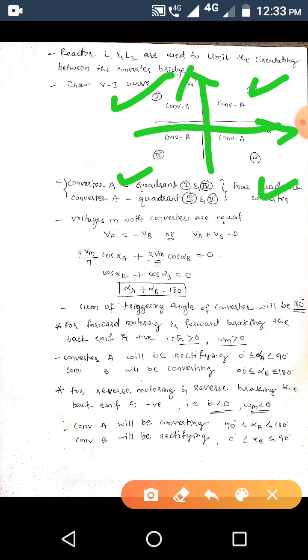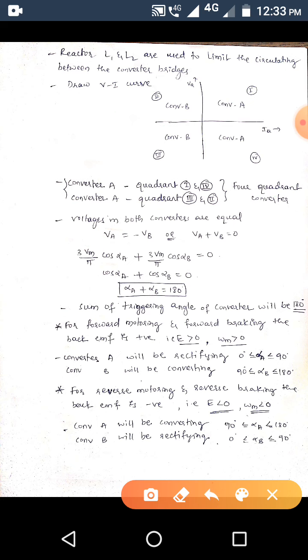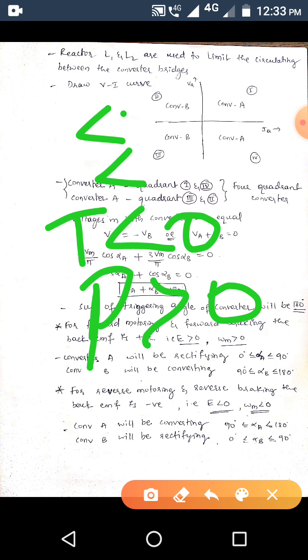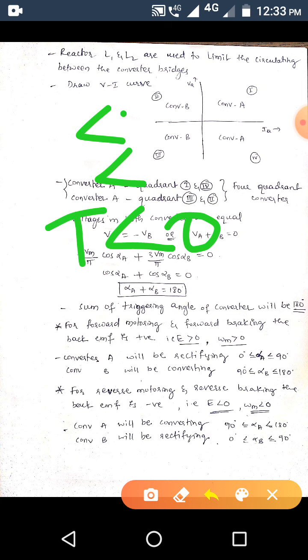Similarly, in quadrant 2, the voltage is positive and the current is negative, then the power in converter 2 will be negative. Quadrant 3 is also similar: the current is negative and the voltage is negative, so obviously the torque will be negative. If the torque is negative, the power generated will be positive, because both the torque as well as the speed of the drive will be negative in quadrant 3.